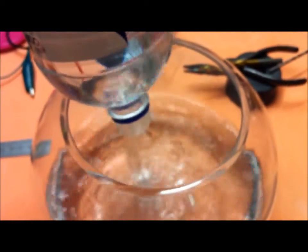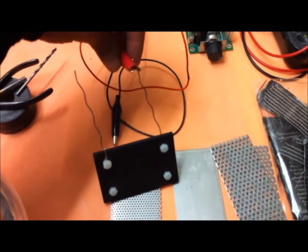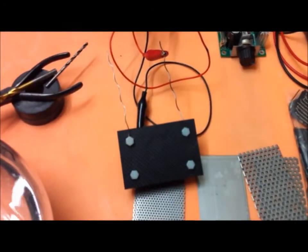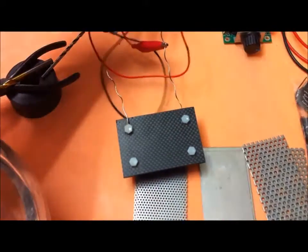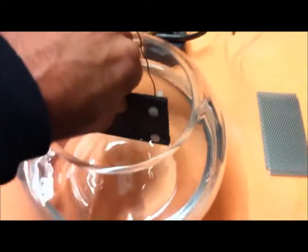Now we're not going to use any electrolyte. We're going with the plain water, in true Stanley Meyer fashion. Now we'll grab the plate cell. We will connect one end and the other end, and place the cell in the water,